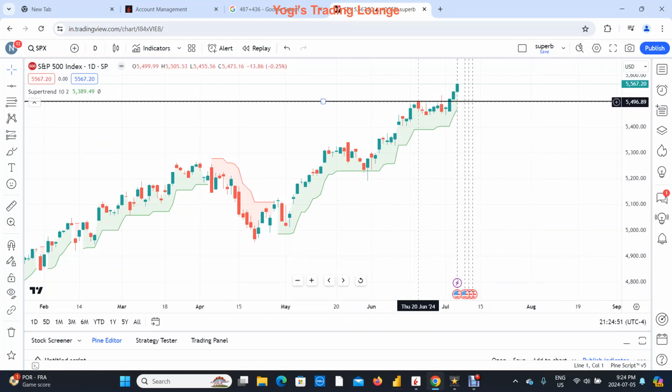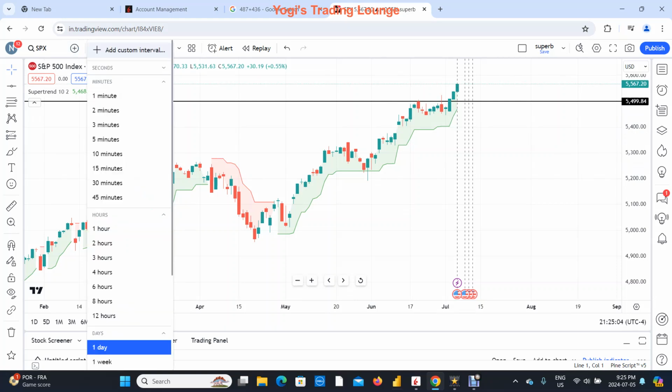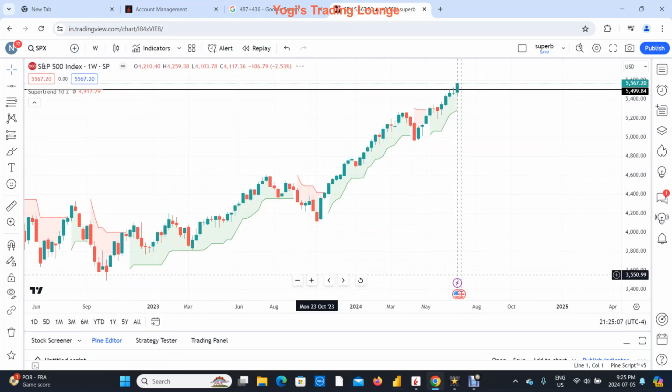So the market was consolidating for a long time around 5500, and then it gave a breakout. So it's kind of like a flag formation, a bullish flag. If you see on a weekly chart, it would probably show you a bullish flag here, and then it suddenly